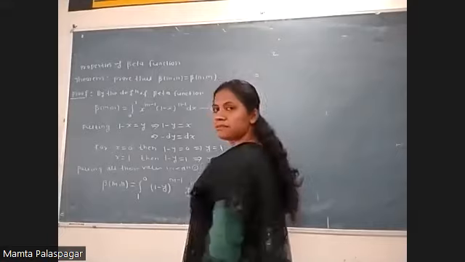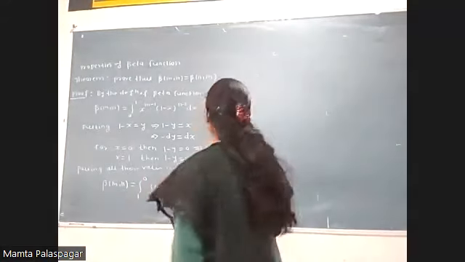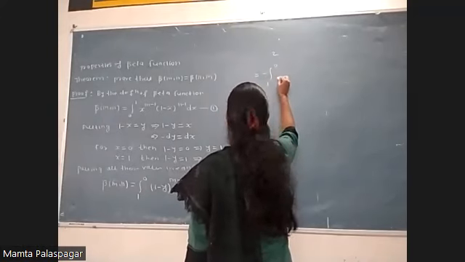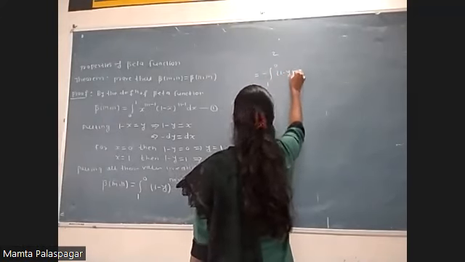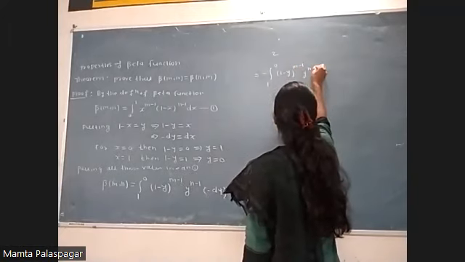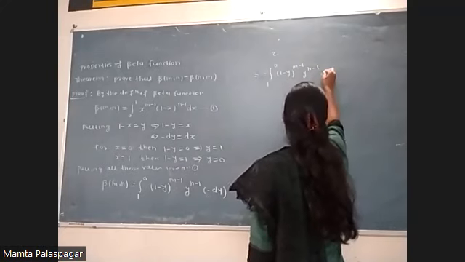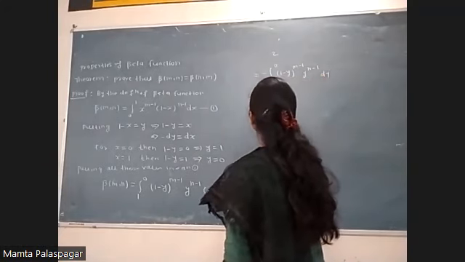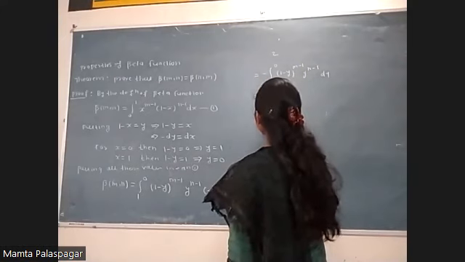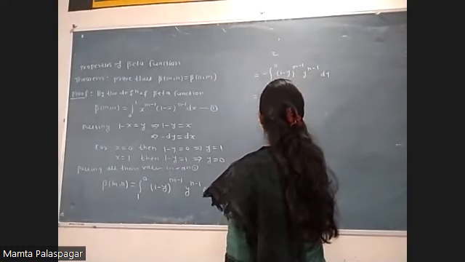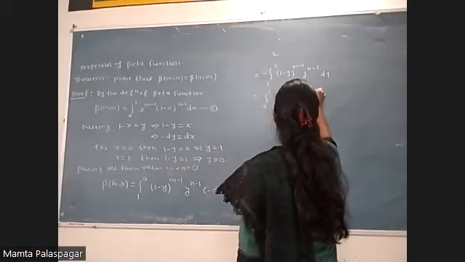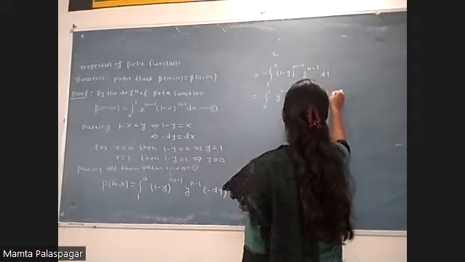Put this minus sign outside of the integral, so we get minus of integration 1 to 0, that 1 minus y to the power m minus 1, here y to the power n minus 1 into dy. To remove this negative sign, interchange the limit. So here we get integration 0 to 1, that y to the power n minus 1, that 1 minus y to the power m minus 1 into dy.